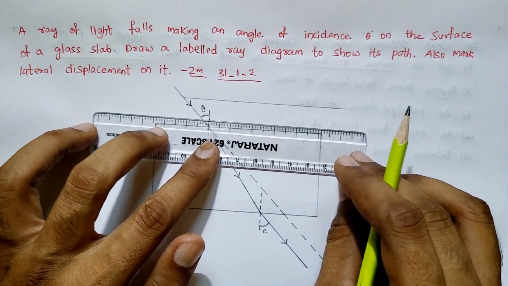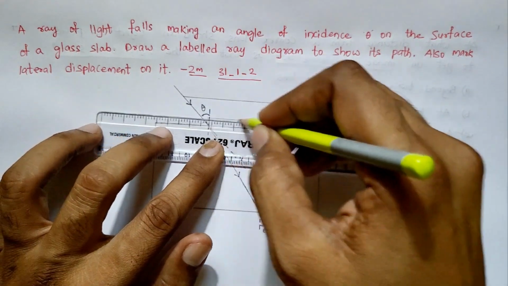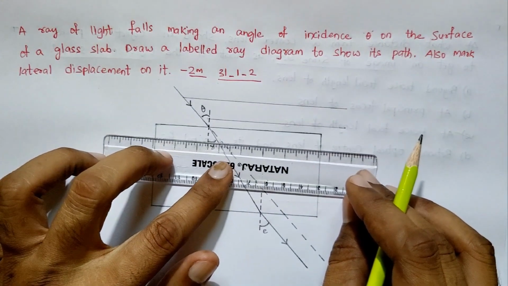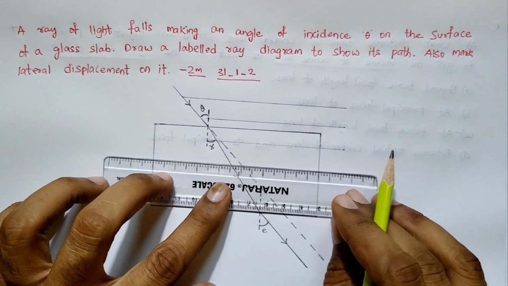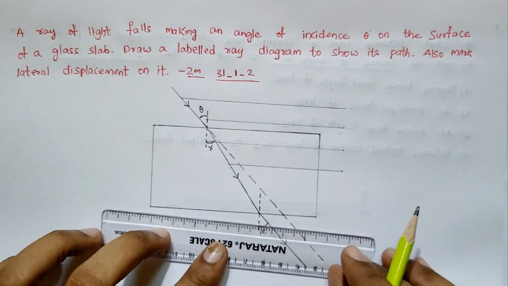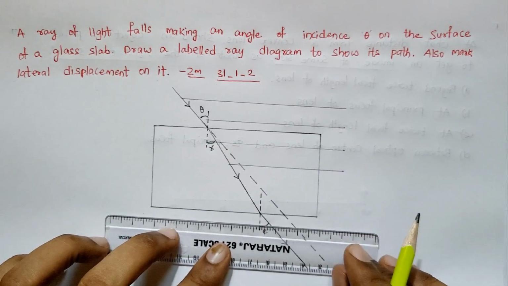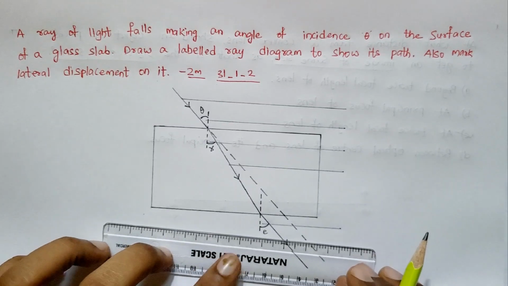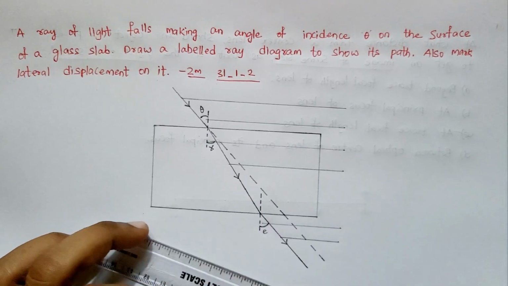This is the incident light ray, and you take this angle as angle of incidence, and this angle as angle of refraction, and this light ray which is present here, this light ray as refracted light ray, and this angle as angle of emergence, and this light ray which is coming out from the glass slab as emergent light ray, and